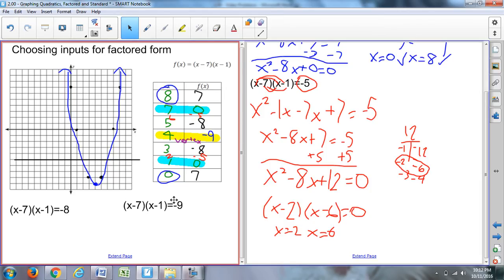These last two we can check in the table. So at negative 8, we should be getting 3 and 5. At negative 9, we should be getting 1 and 7. So you can try those last two on your own to see if you're able to do it without